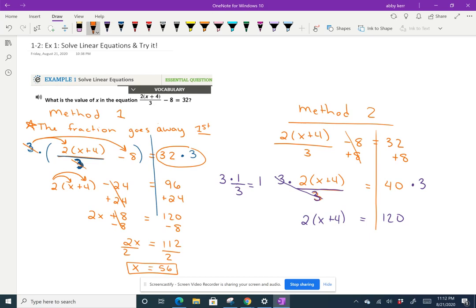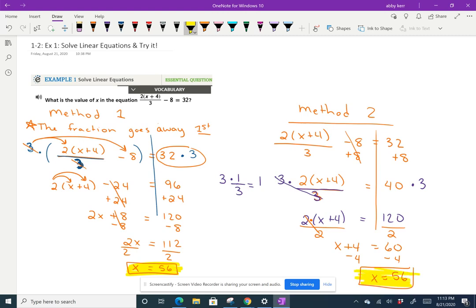Now, the next step, there's really a multiplying here. So it's 2 times the quantity x plus 4. What we can do is divide by 2. Then we have x plus 4. We no longer need those parentheses because there's only a 1 in front. And now we have the opposite of adding 4, which is minus 4. x equals 56. Notice, no matter which route you went, which method you chose, you would get the same answer